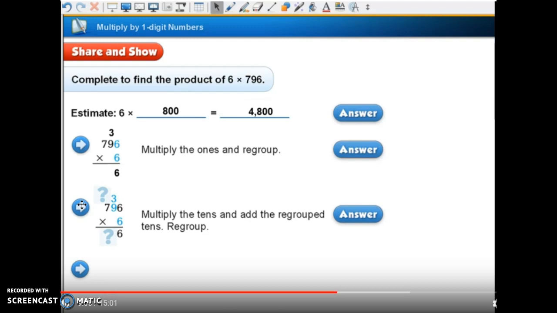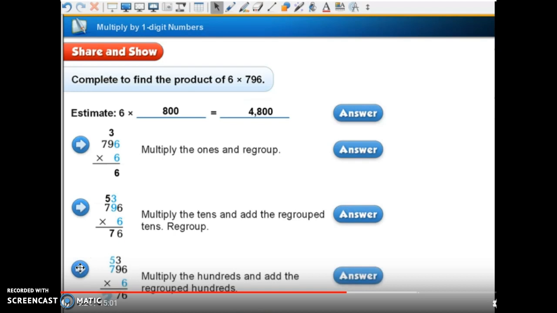So 6 times 9 is 54. Plus 3 is 57. So the 7 goes in the tens place and the 5 is regrouped to the hundreds. Next, multiply the hundreds and add the regrouped hundreds. 6 times 7 is, plus 5 is 47. There you write down your